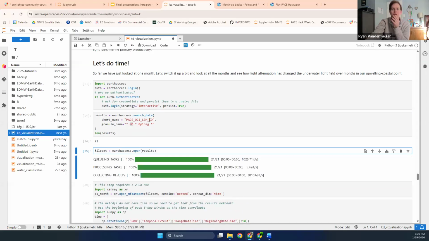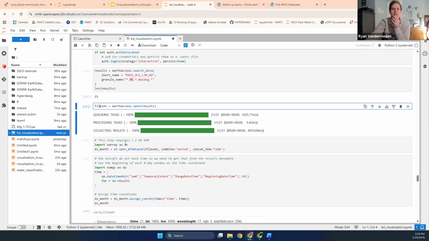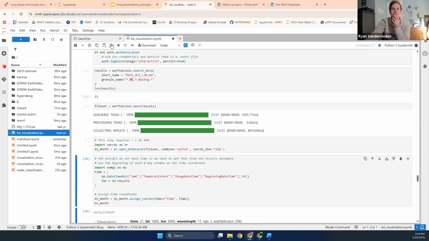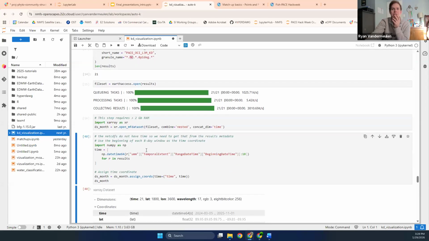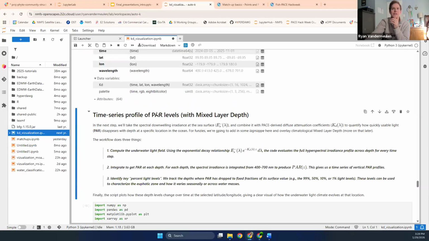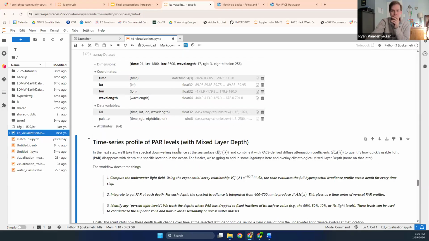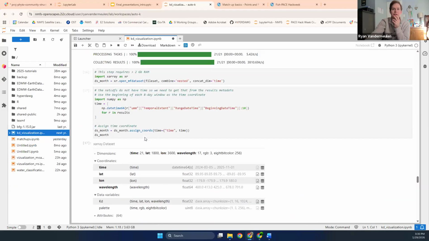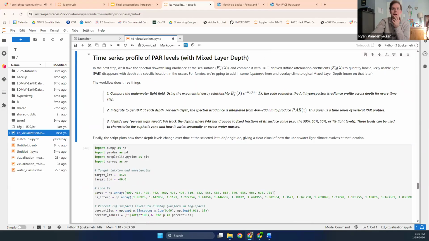Okay, so grab 21. We just grabbed the whole monthly time series. So there's 21 months available. Got it open. We're going to concatenate by that time dimension, and then we have to define that time coordinate as well, which is kind of irritating, but there it is. So a little extra flair here. We're also going to